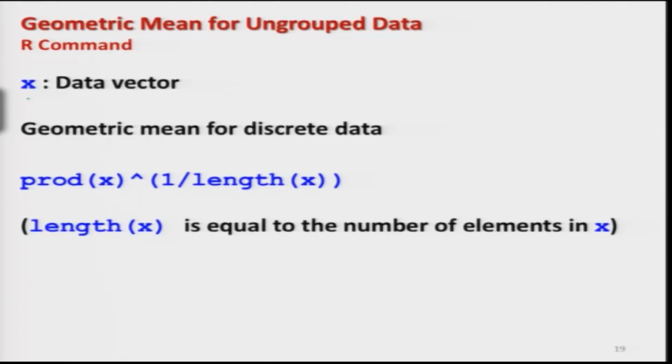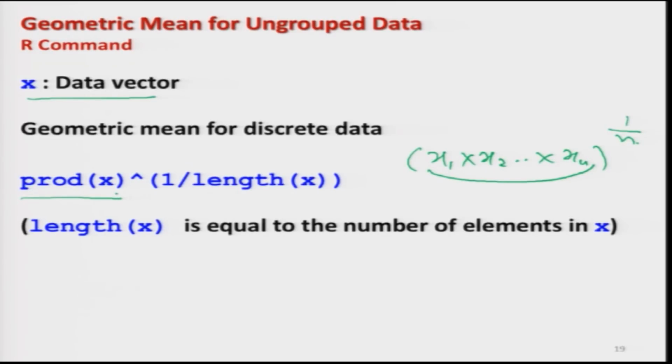So, suppose I denote the data vector here as x. In the case of ungrouped data, first I find the product of all the observations, and then I take the power 1 upon n. This product can be defined by product of x, where x contains all this data.